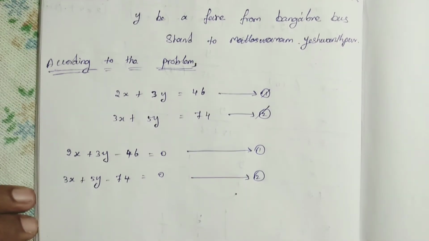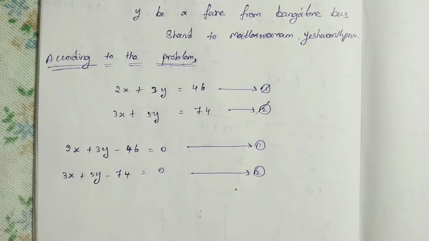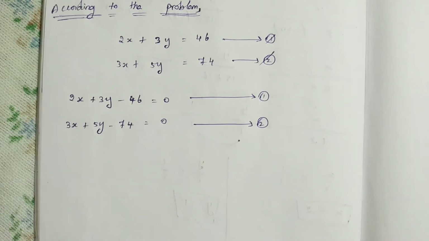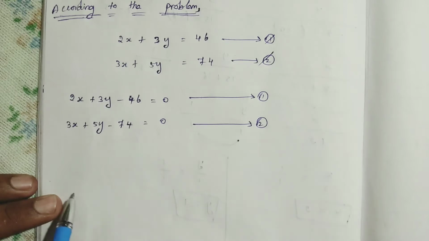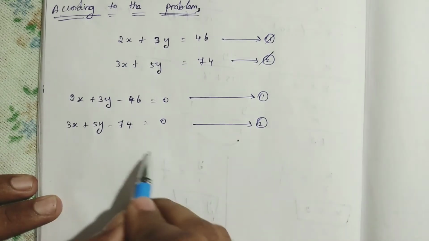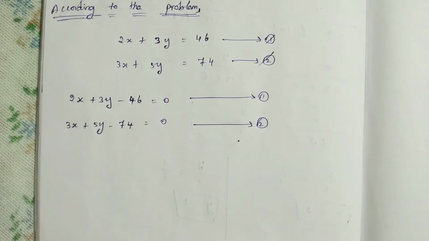Any doubt? Now we can solve this pair of linear equations by the cross multiplication method. It is very easy. You can write the formula and substitute the values of a1, b1, c1, then simplify. Otherwise, without the formula, you can go directly. We know the procedure to write the formula. In the formula, we write a1, b1, c1 and repeat the same thing, then a2, b2, c2 and repeat, then cancel the last one and the first one, then x divided by the cross multiplication of these two values. You can write it like this, right?